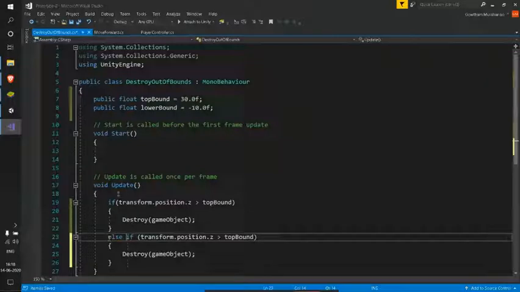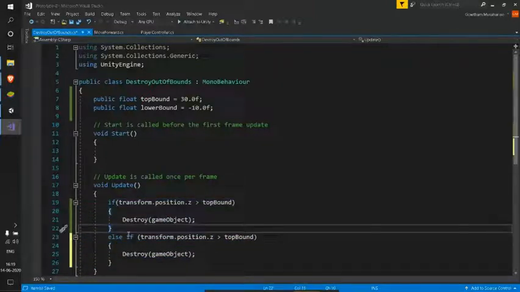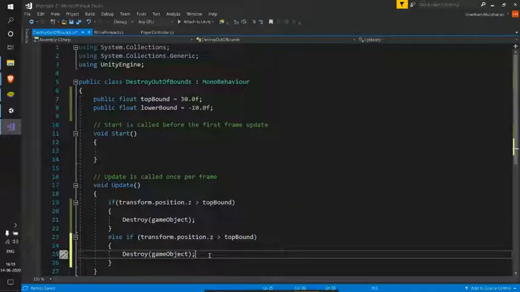The else if statement does nothing but say: if our condition is true, it will never go to else if. So if this particular condition is false, then it will check this condition. If this is true, this particular thing happens. And here also we are doing the same thing. We are just destroying our game object.